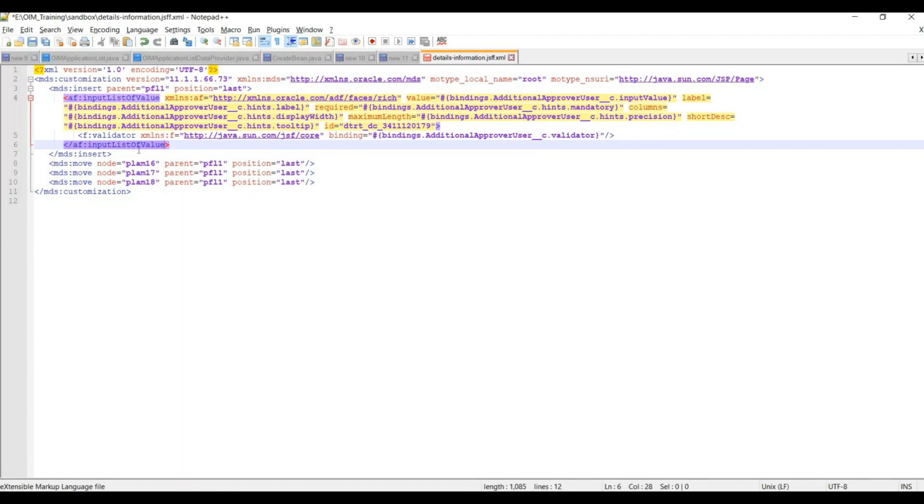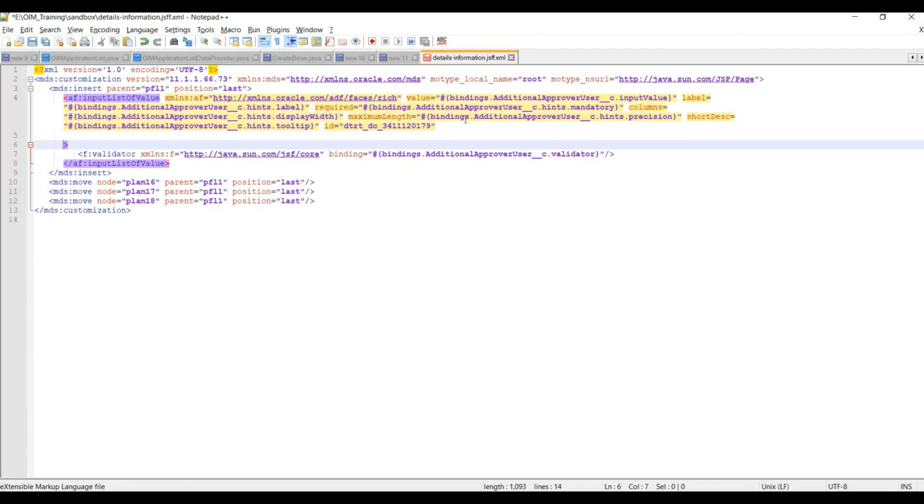Now it has converted to list of value. You already have many attributes here, and you have to add three attributes. The first one is autoSubmit equals